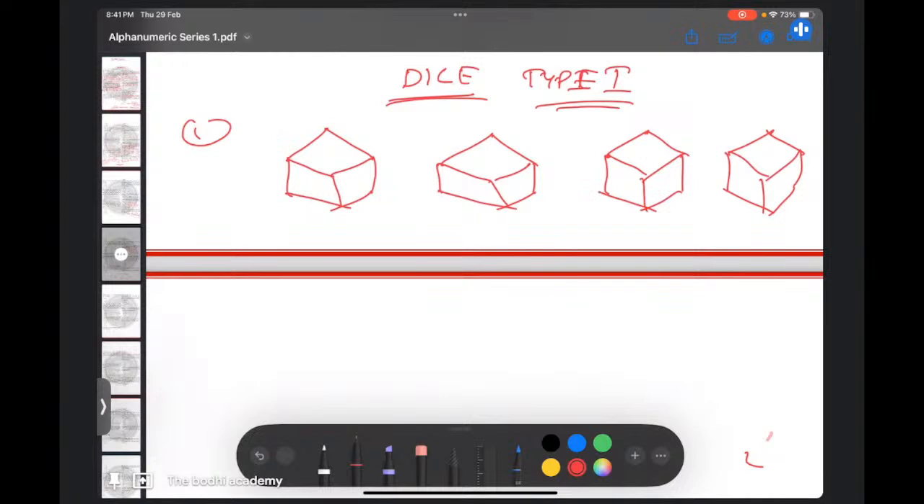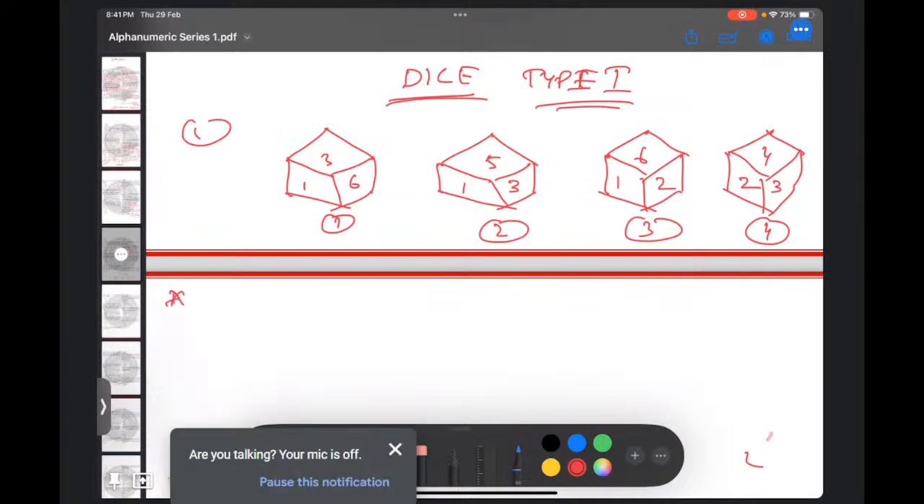Okay. Now I'll say this is 1, 3, 6, 1, 3, 5, 1, 6, 2, 4, 3, 2. Now I'll make it as dice number 1, dice number 2, dice number 3, and dice number 4. Now, first thing, when we have